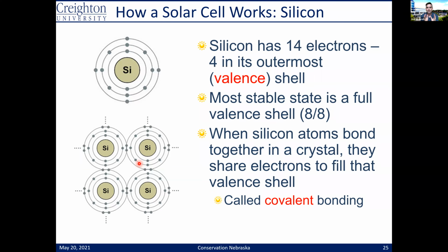But notice that in none of this have I talked about making something positive or negative. Remember, those are the 2 critical things we have to do to push a current around. So silicon by itself isn't going to do much. I can take a chunk of silicon and put it in the sun, and it's not going to be very exciting. So I need to find a way to make it more positive, or I need to find a way to make it more negative so that I can have these alternate charges to push the electrons through and make an electrical current. So the easiest way to do this is through a process we call doping.